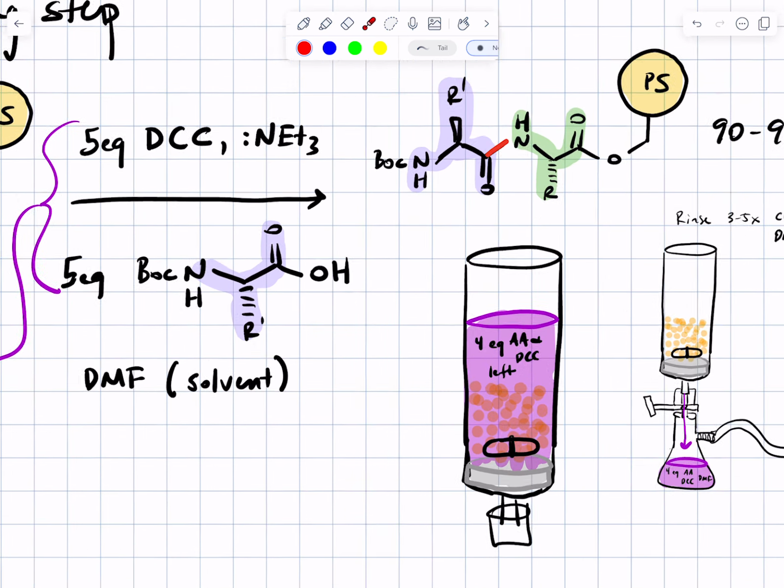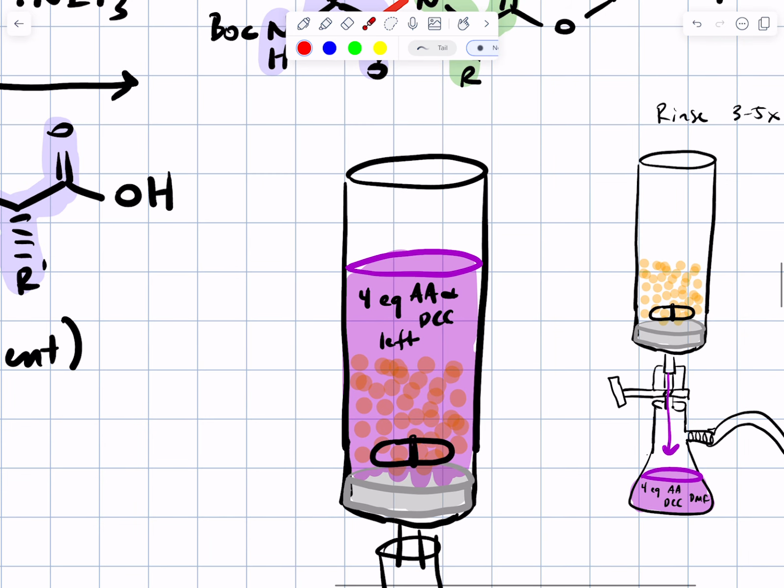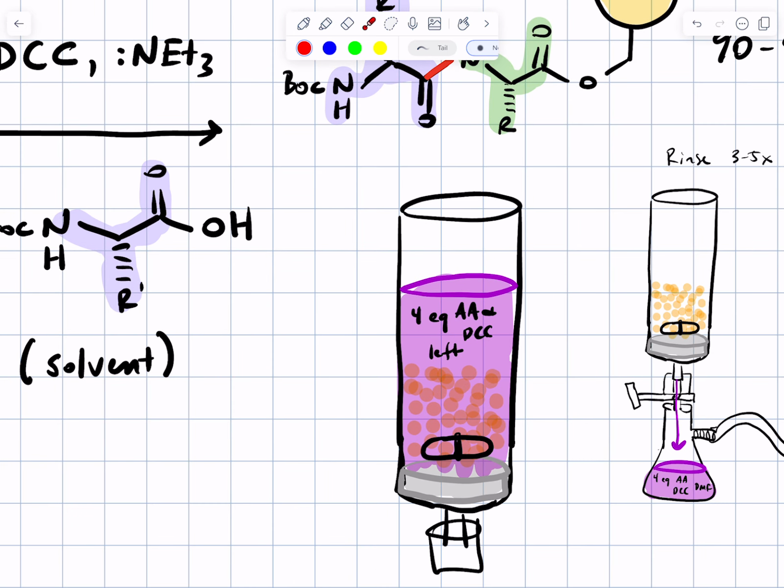We're still going to have in solution the remaining 4 equivalents of amino acid and DCC, but because we're on solid phase, it's trivial to remove all of that. We simply drain the solvent away. We keep the beads. We rinse the beads several times with some solvent, and then we're able to move on